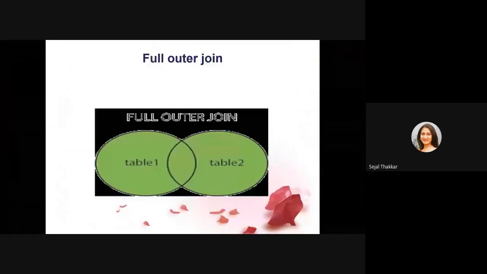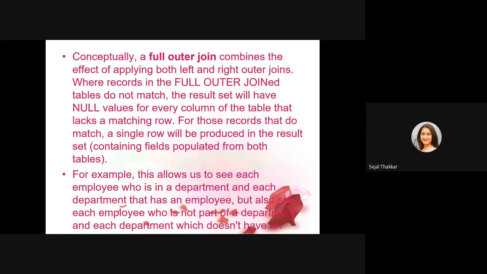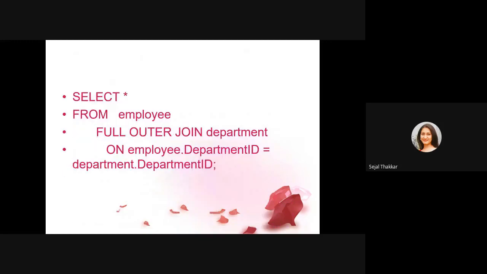Now full outer join. In full outer join, all the values of the left side table as well as the right side table will come as the output. Whether you find a matching value or not, it doesn't make any difference. If a matching value is there, you have to write down the matching value. If it is not there, in that case, you have to write down null in front of that particular row. Select star from employee, full outer join department, on employee dot department ID is equal to department dot department ID. All this we are doing on the basis of the common matching value.